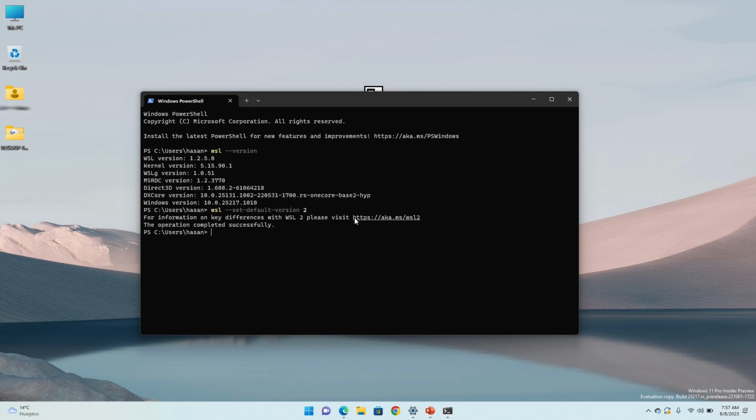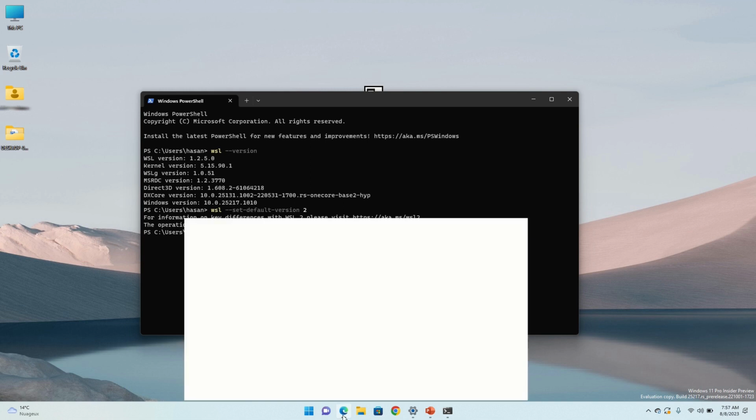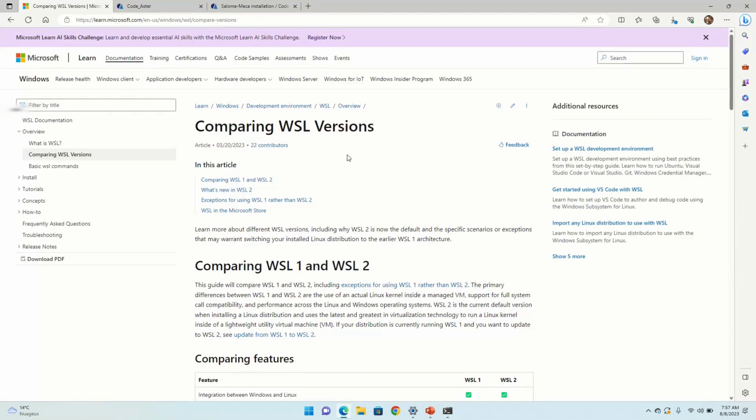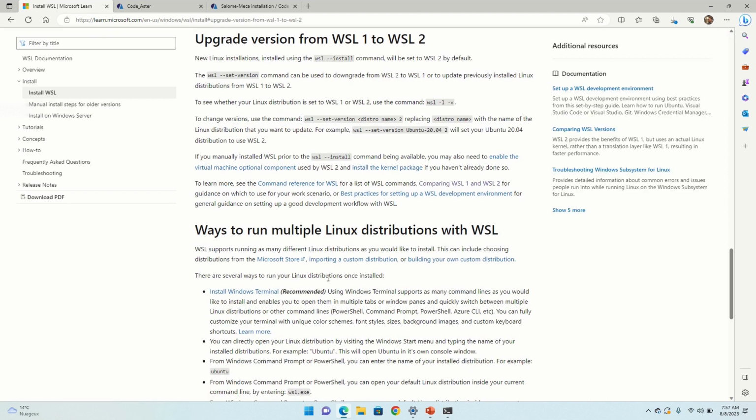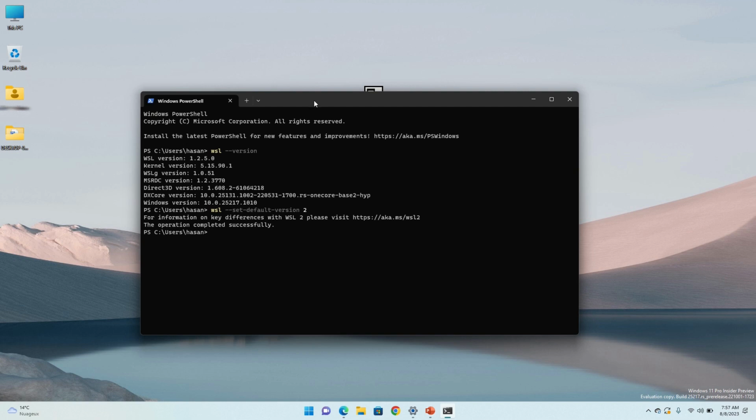If you haven't, visit this website, aka.ms/WSL2, and you'll have more details on how to install WSL2. I think that starting this summer, Microsoft has been rolling out WSL2 by default. So if you have an older installation that has WSL1, you can check how to update using the official Microsoft website. I think it's wsl --install, set version, and there are straightforward commands. So now that I'm sure that I have WSL2,